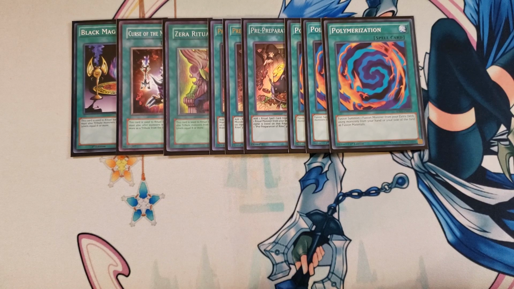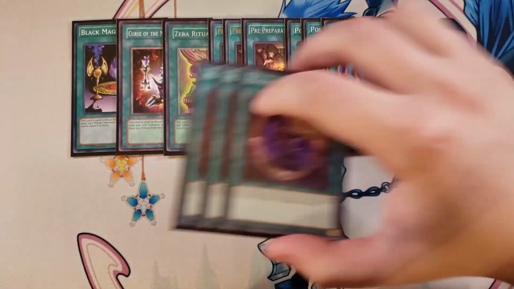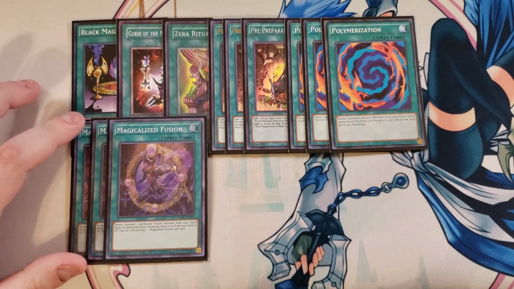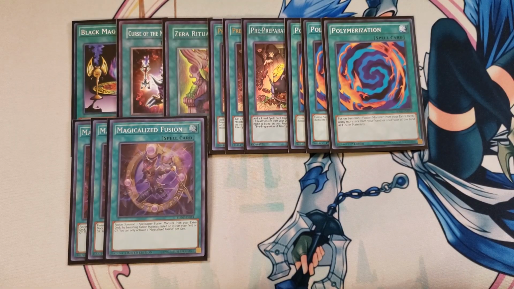Double Casted Caster. We then play 3 copies of Magicalized Fusion, which is an incredible card in the deck to play as a 3 of because it has the ability you get to fusion summon a Spellcaster fusion monster from your extra deck by banishing fusion materials listed on it from your field or graveyard, which is really awesome because this card is basically Dragon's Mirror and Miracle Fusion for spellcasters, which is just really, really good